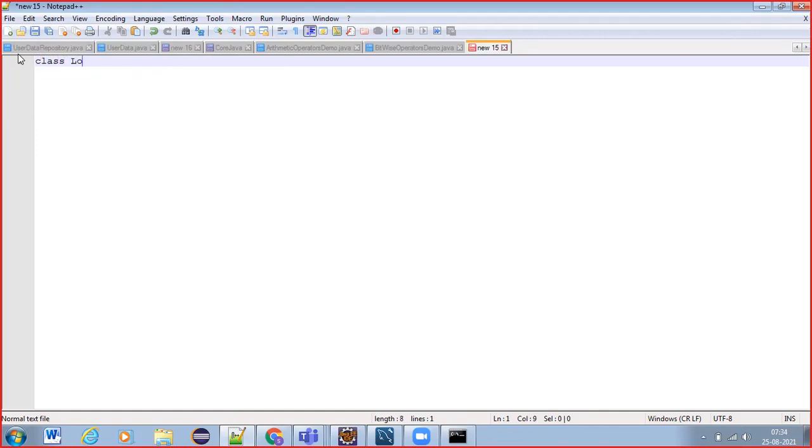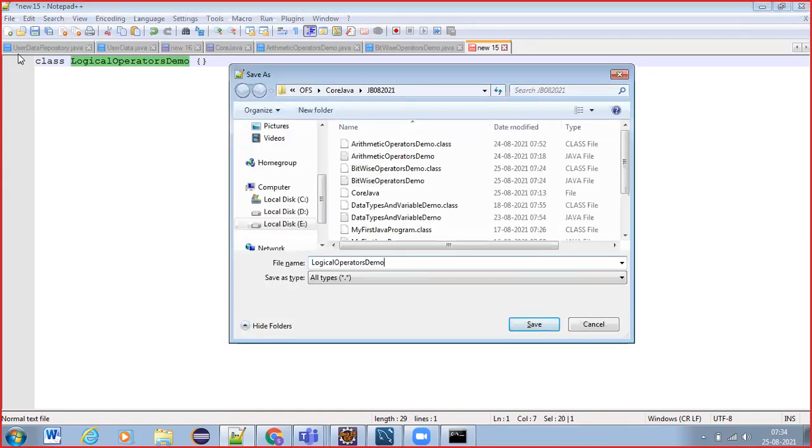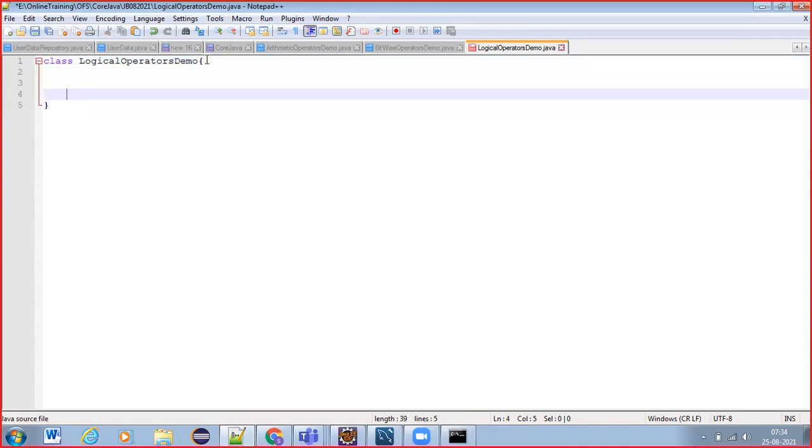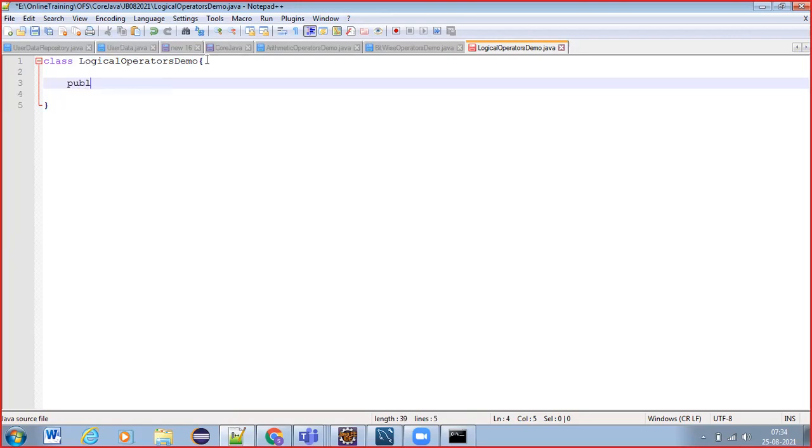Class LogicalOperatorsDemo. Save the program as LogicalOperatorsDemo.java. Now public static void main String.